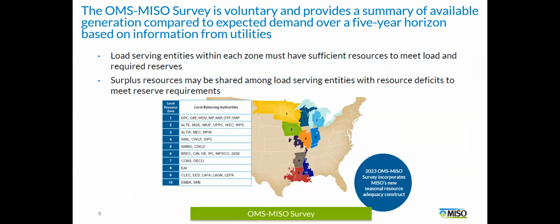Next process is our OMS, which stands for Organization of MISO States, and MISO survey. This survey is conducted annually. It's purely voluntary, although I have to say the participation is very high, in the upper 90s. The purpose for this survey is to assess available resource capacity to serve projected load over the next 5